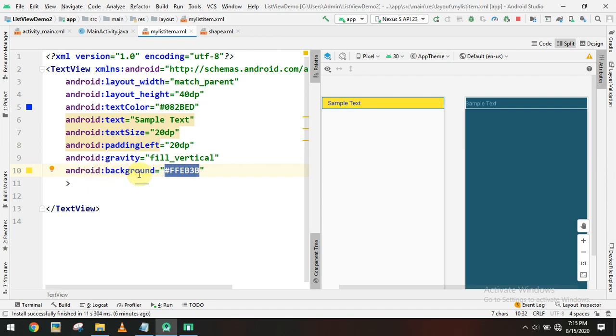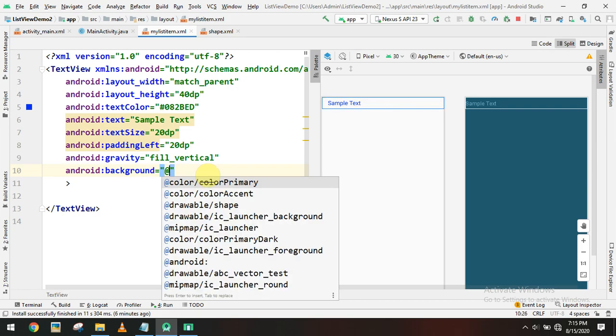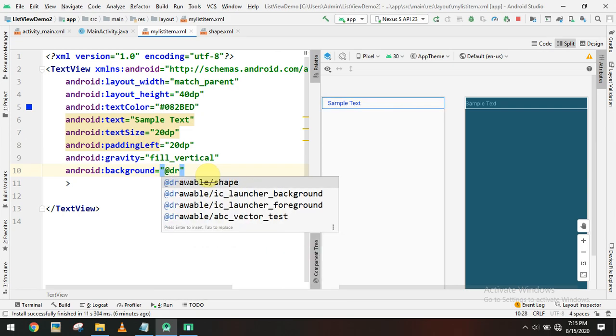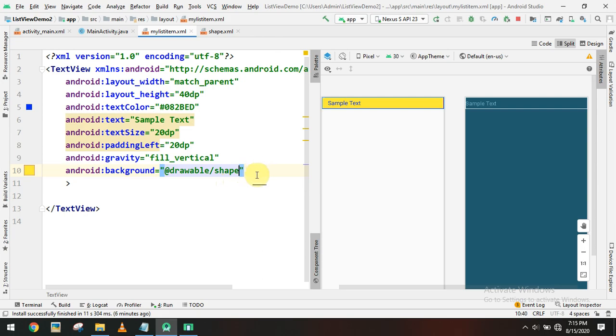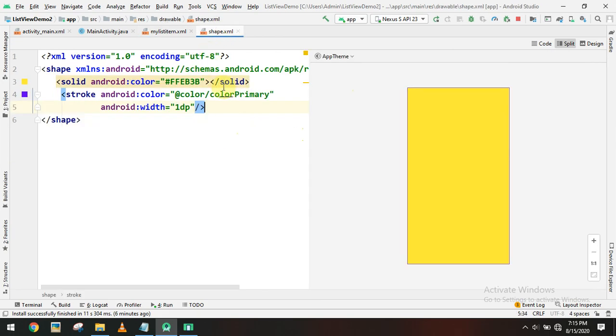For the background attribute, instead of this color, we have to use the resource drawable, and the drawable resource we just created is called shape. So when you apply @drawable/shape, the text box shape will be changed based on this layout, the background color and the border color.